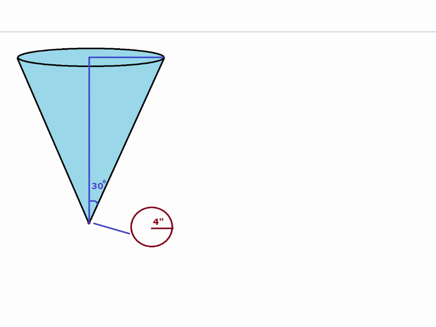So we are given a right circular cone in which there is a tiny opening here at the bottom, and the radius is 4 inches. And there is a fluid filled into this tank, and because of this opening, the fluid is leaking from this opening. And what we are going to do is assume that the rate